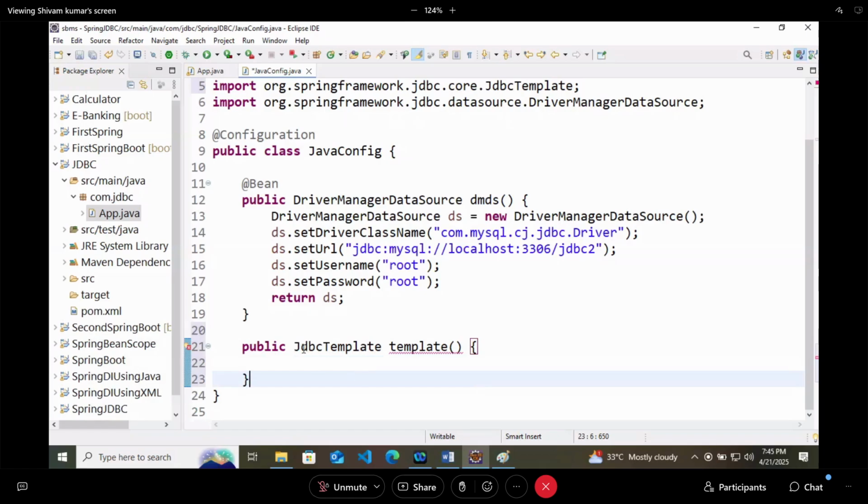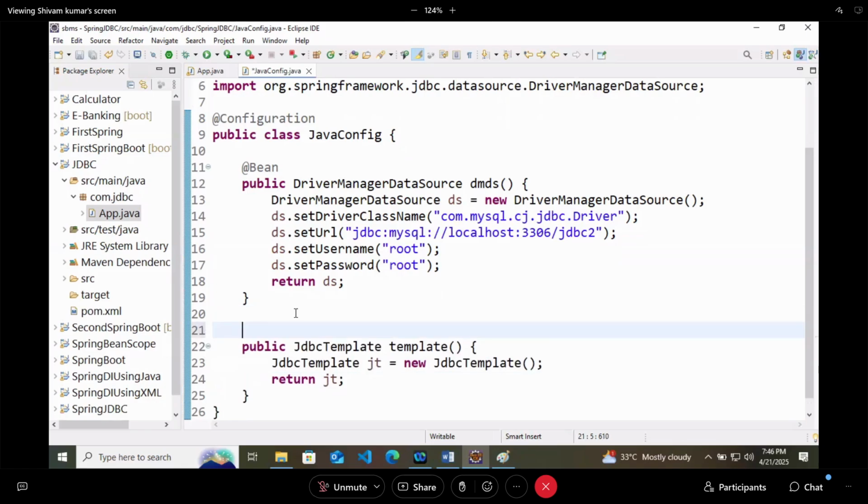So there is a JdbcTemplate method. Inside it I will create the object of JDBC template, that is JdbcTemplate jt equals new JdbcTemplate. And at last, I will return jt. We will mark this as a bean here.